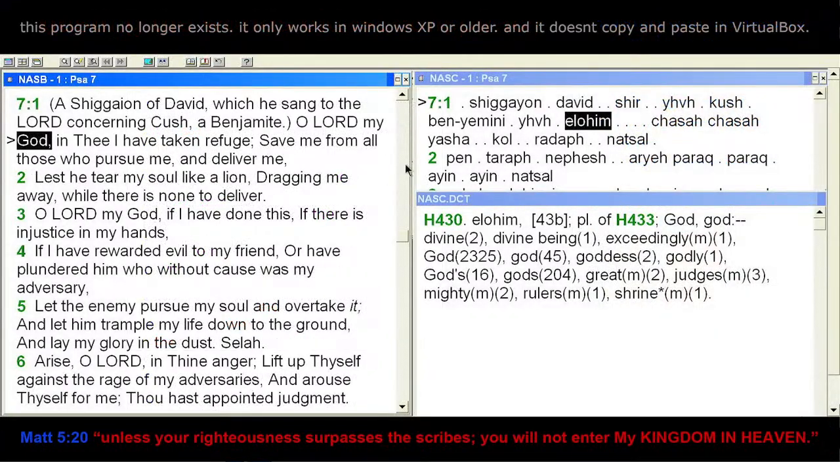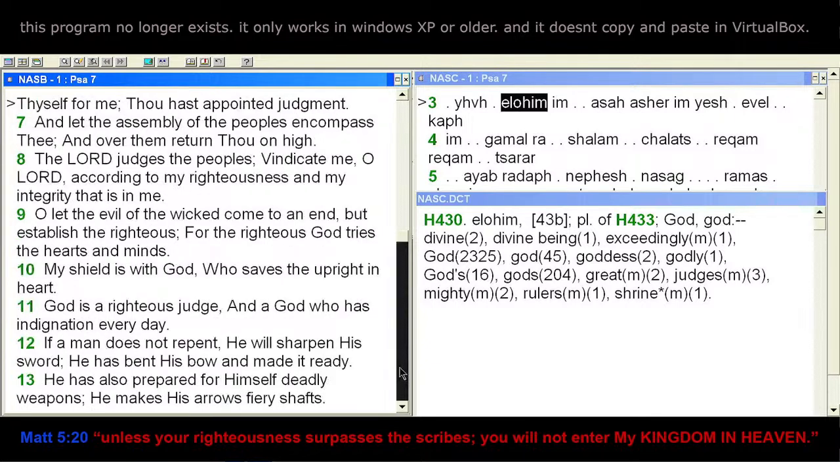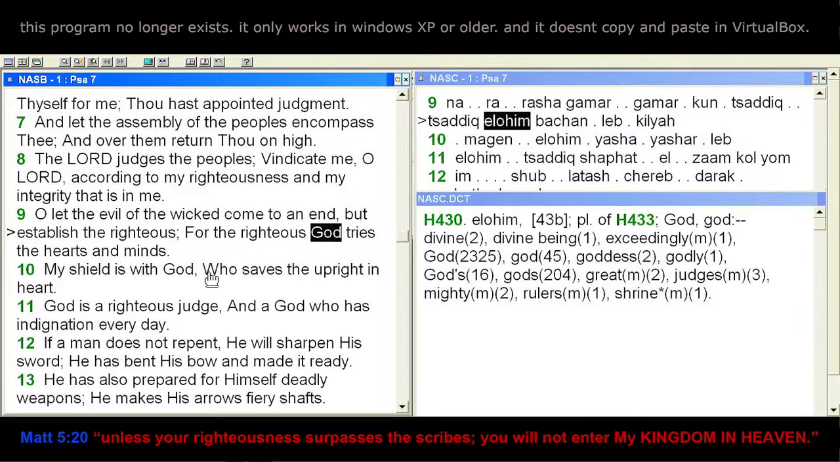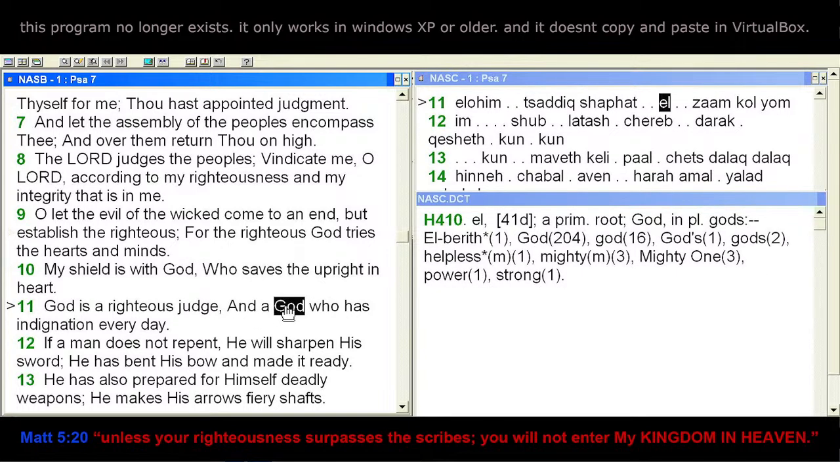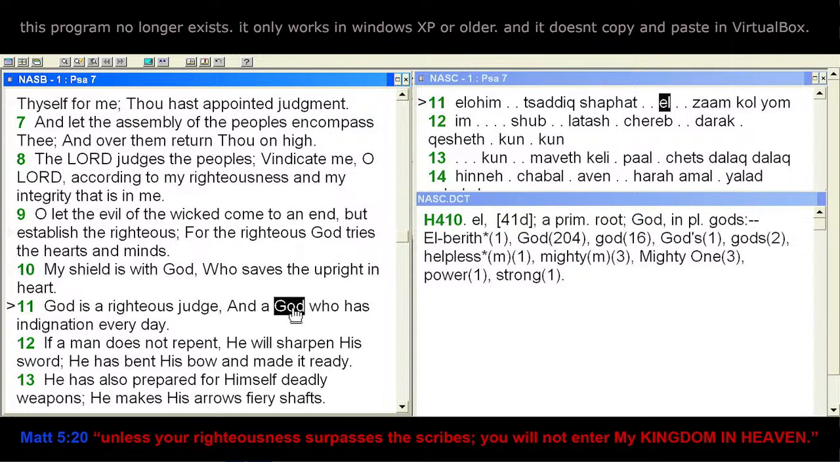And over here is Elohim. In verse 3, there's God. And then down in 9, there is God here. And that is Elohim. God is here, Elohim. God is here. That's El. And then God here, Elohim. So, Elohim,